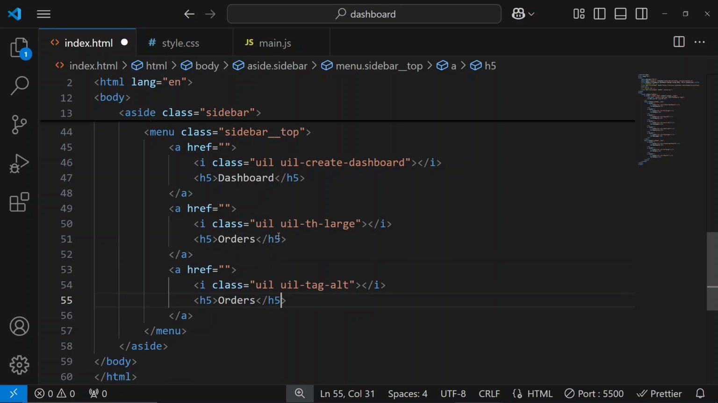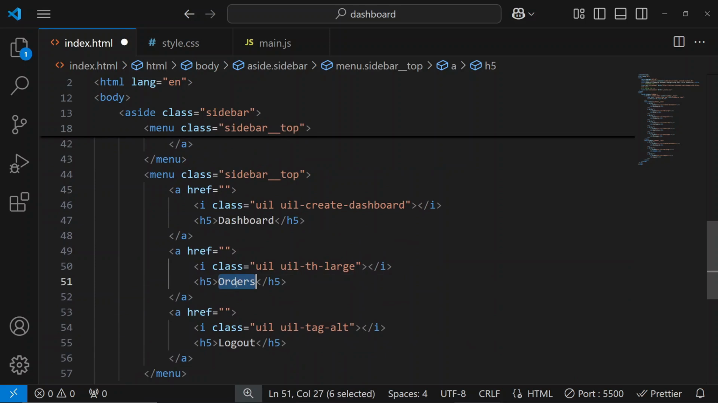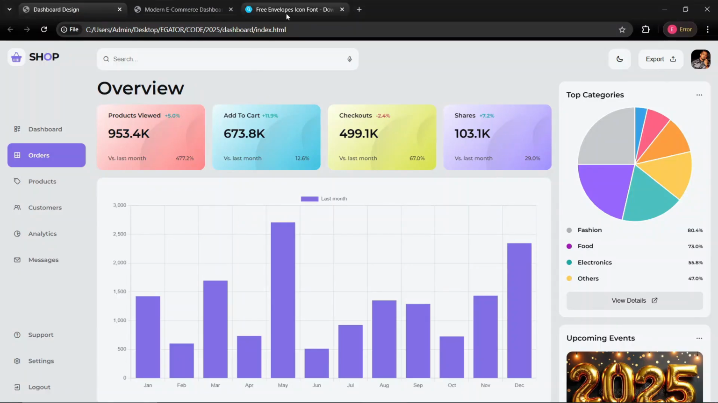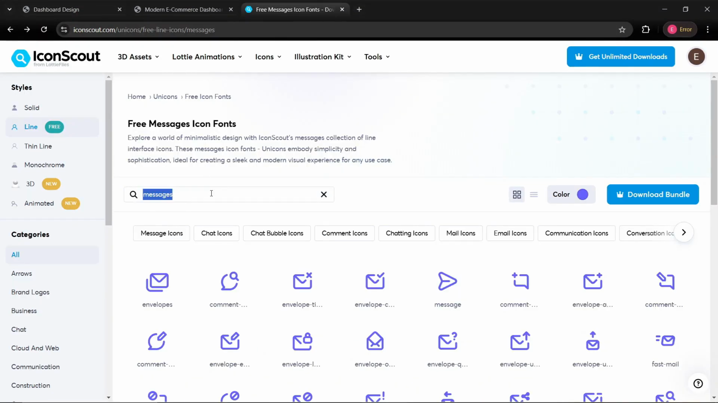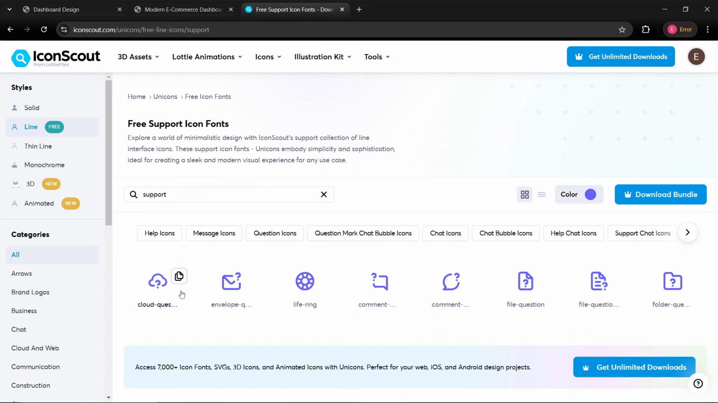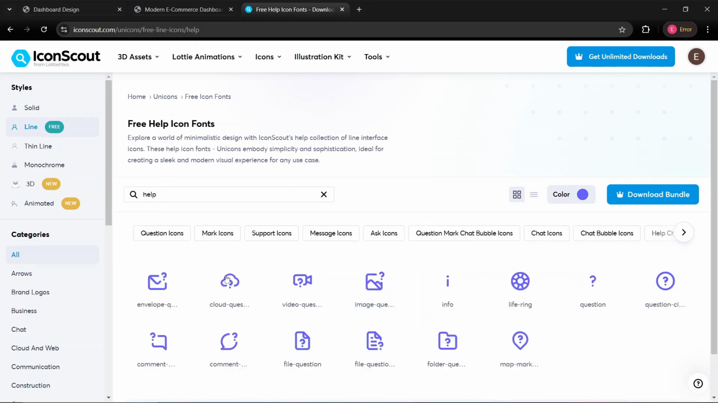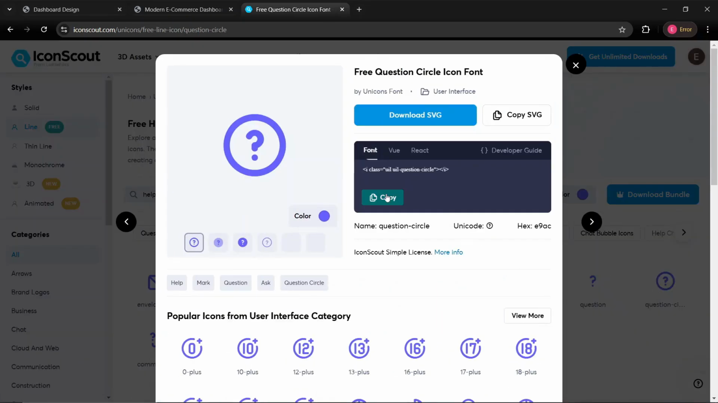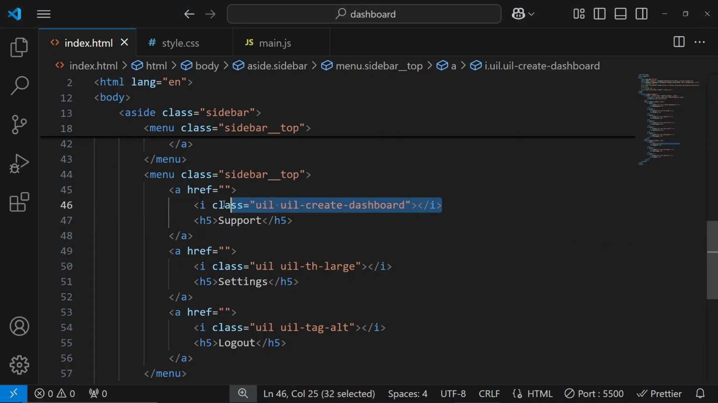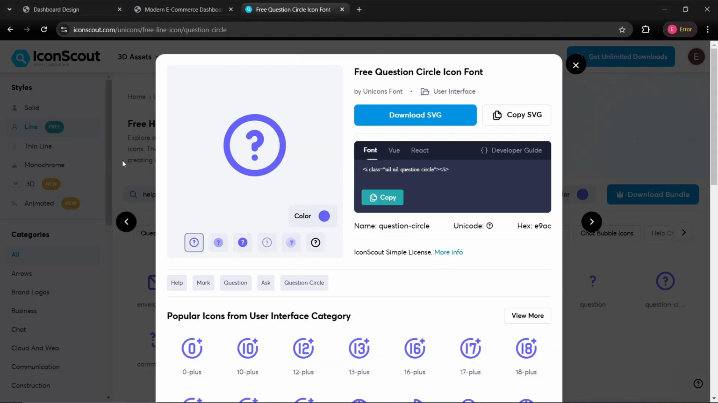Duplicate. Yeah. So I need a logout link. I need settings, and then lastly support. Okay, so let's search the icons for those. Support, support, help, whatever. I think, yeah, that's what I used. I'll just paste that for the support. And for settings, I need a cog